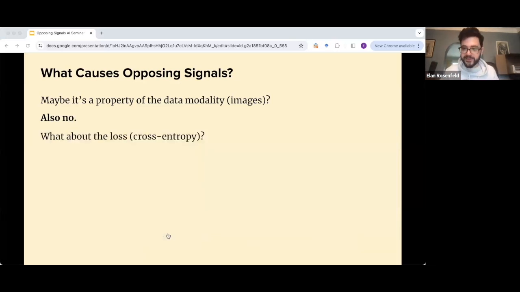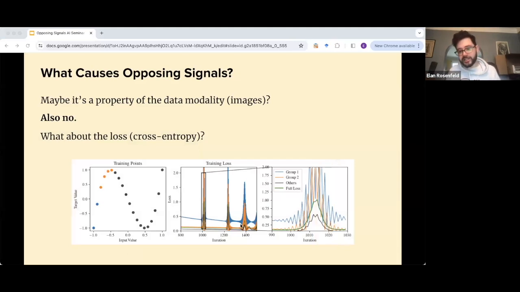Maybe it's specific to cross entropy. If you train a small MLP on a polynomial, so on the left here are the training points that we're training a small MLP on, and we're using squared error, the same thing happens. You get the same outliers with very large magnitude changes in loss.